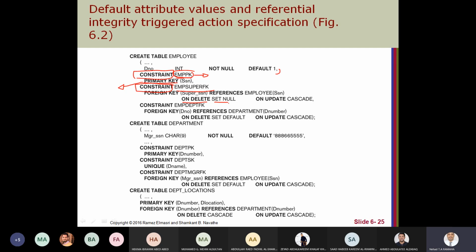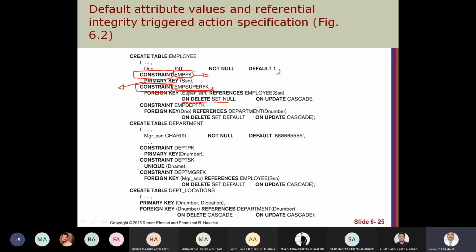After you create the database and start using it, you say I want to change it. To change it, if you did not have a constraint name like this, it cannot be done. So when I create a constraint like foreign key, primary key, or any other constraint, I can use a name for it.